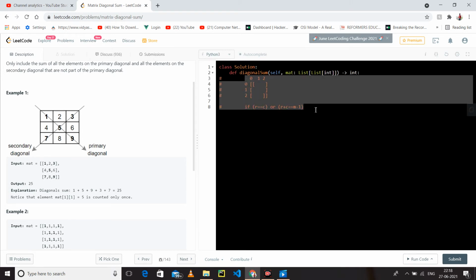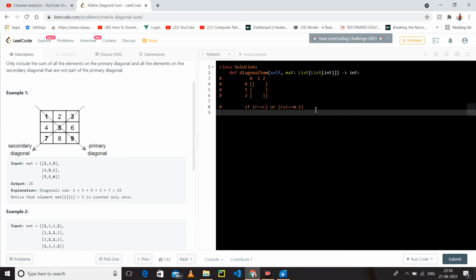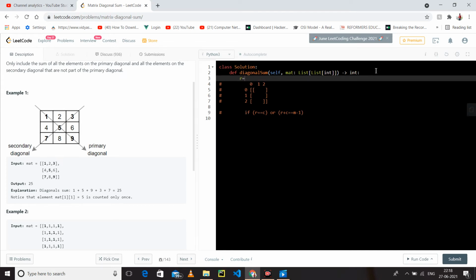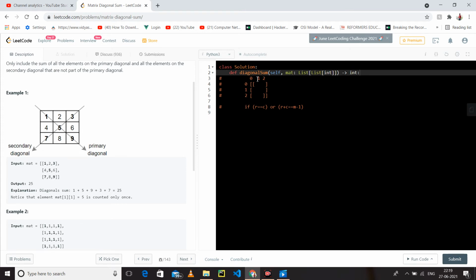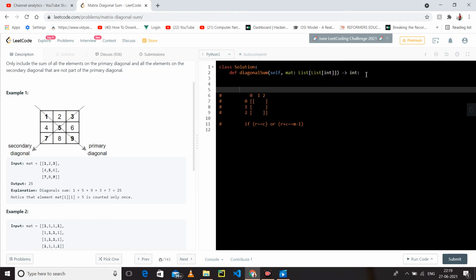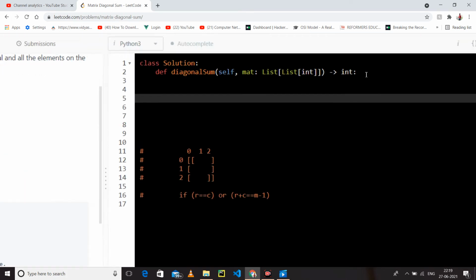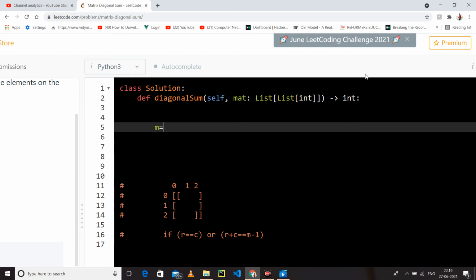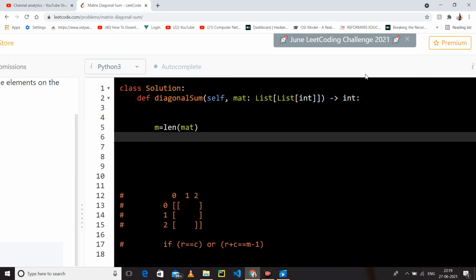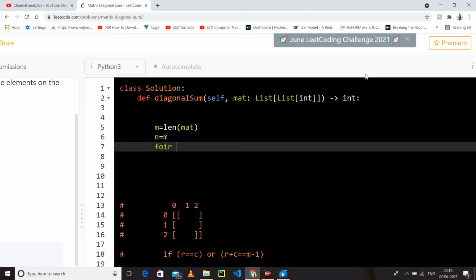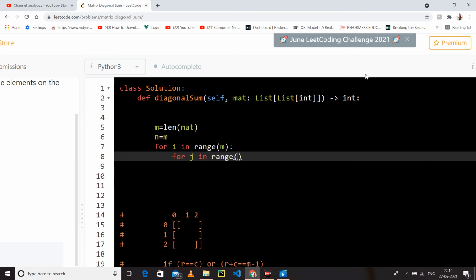So first, let's take row. What is row? We can take it as mat. Let's take a copy. Let's do it. What we have to do: our m is the length of mat, and n is also m, because n is equal to m, and we have to run a loop for i in range m and for j in range n.